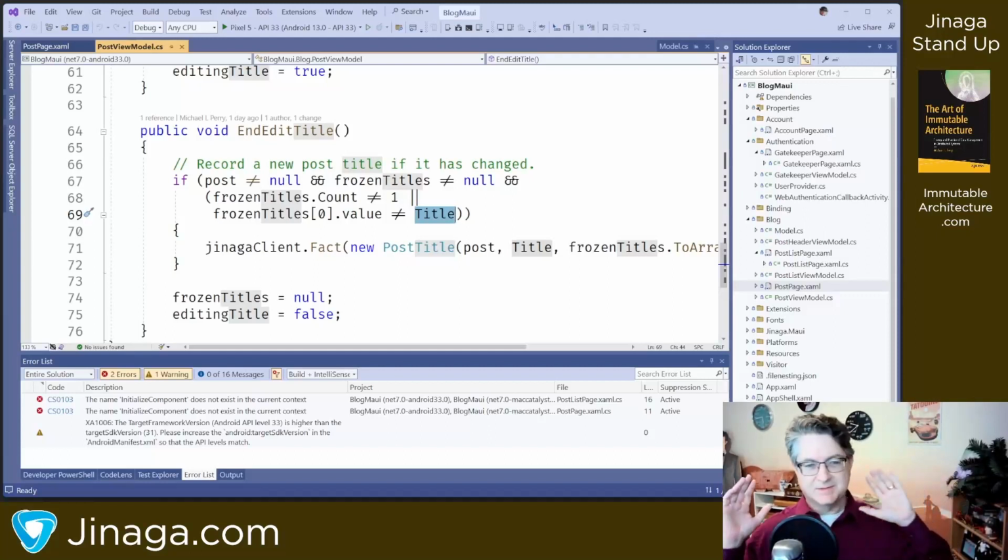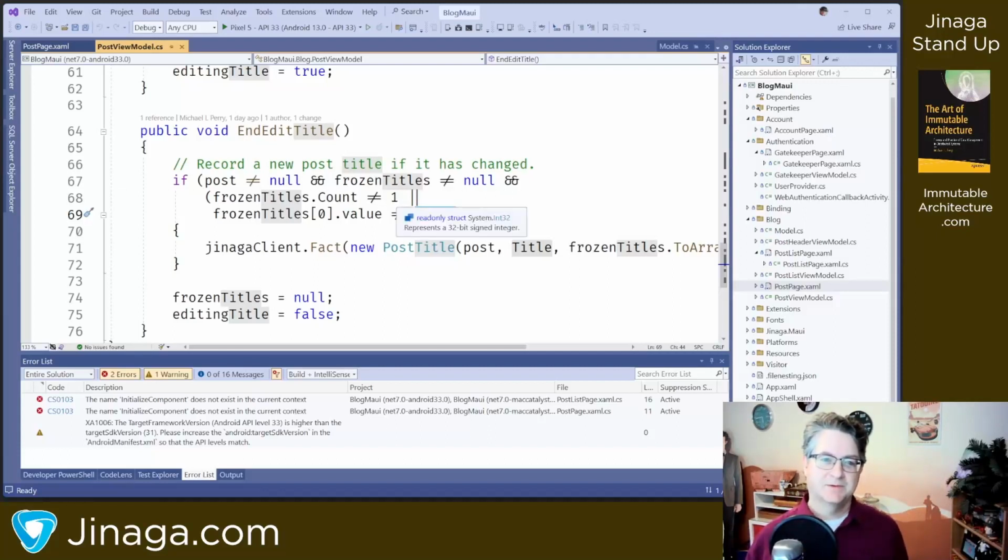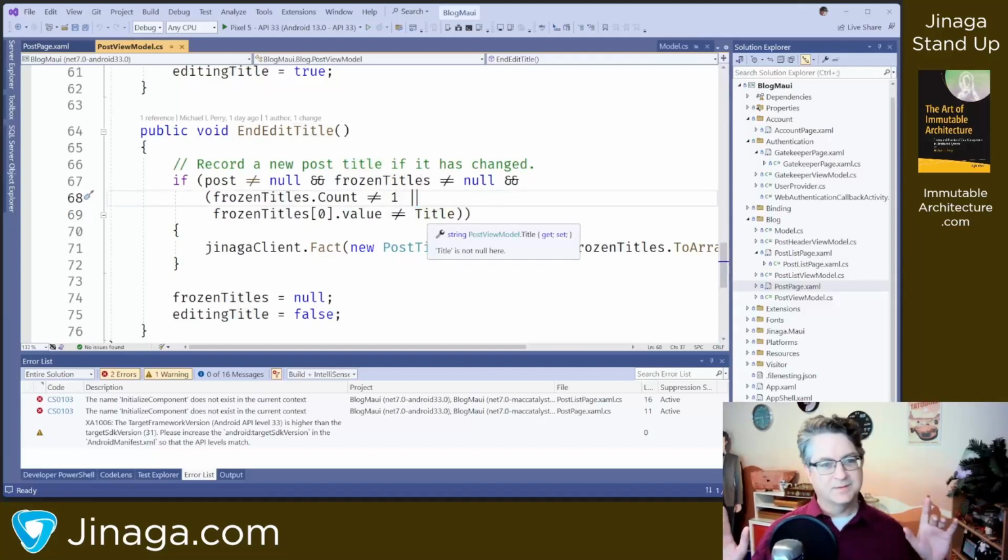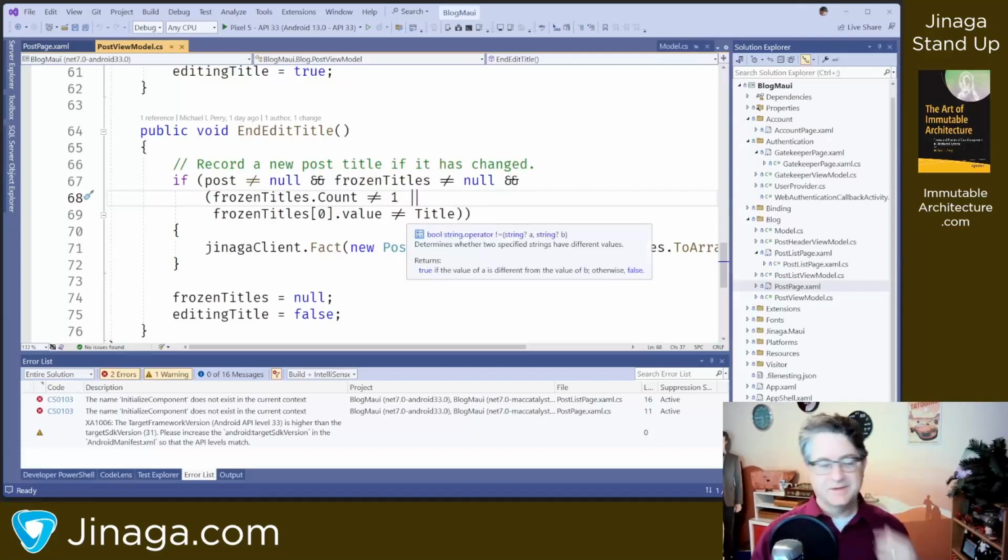That means that there is no conflict and the value is the title as the user entered. Could be that they just tapped in, tapped back out. Could be they tapped in, edited, undid their edit, and then tabbed out. But if either one of those things is false, so if you have any number other than one prior title, or the one that you do have is just a different value, in either one of those cases,